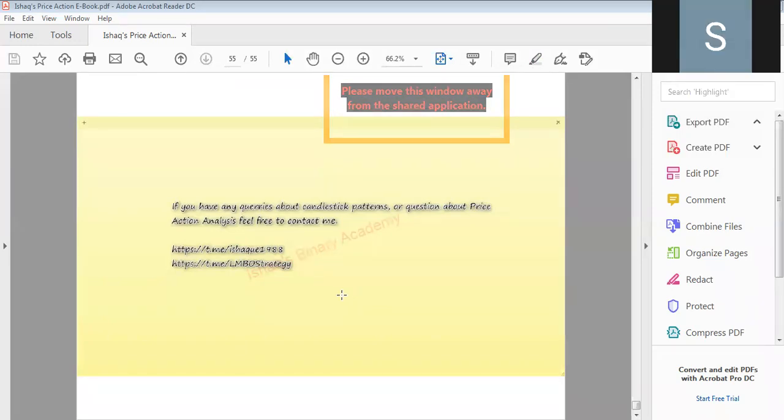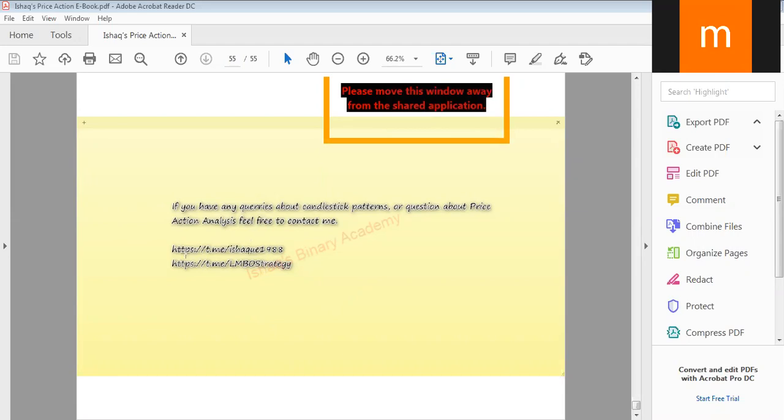Sir, he is asking to go on the hammer SNR. He is asking like that. Okay, go on the hammer SNR. Yes, sir, please hammer pattern, sir. SNR, please go on hammer. My audio is not working.